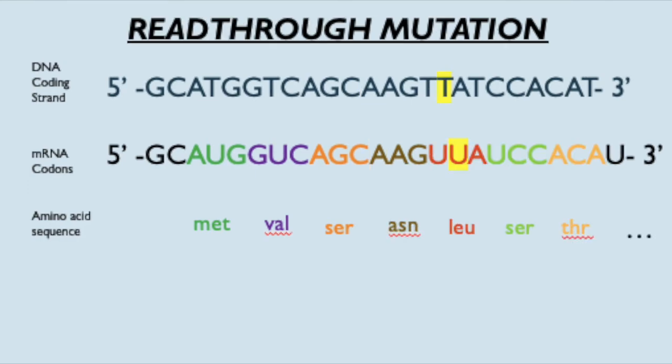Now we are going to have a transversion in the stop codon. In the coding strand, the adenine has been changed to a thymine, which becomes a uracil in the mRNA transcript and makes the stop codon change into a leucine. The result of this mutation would be a read-through mutation because the stop codon would no longer perform its function and the mRNA would continue to be translated until there was another stop codon in the reading frame. This would typically result in a long non-functioning protein.